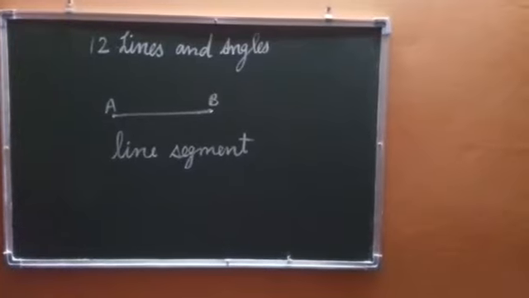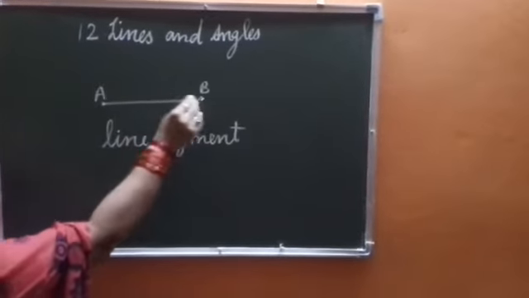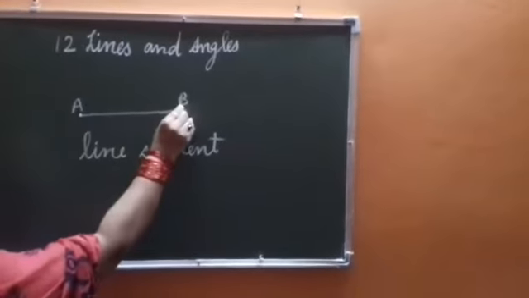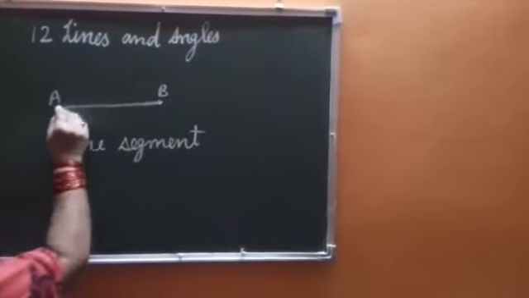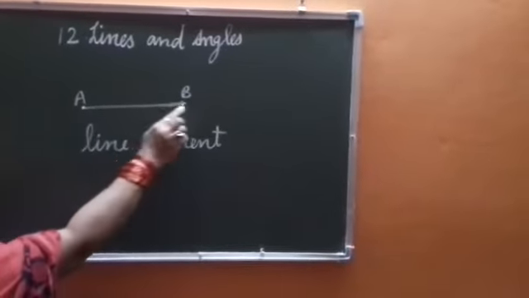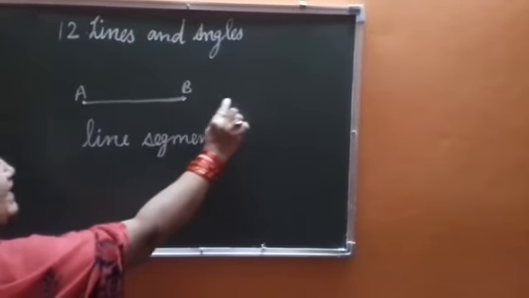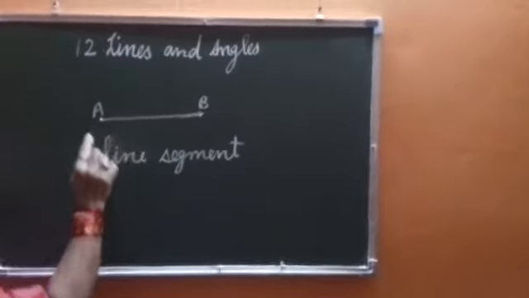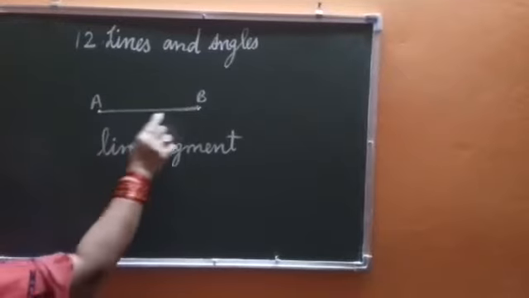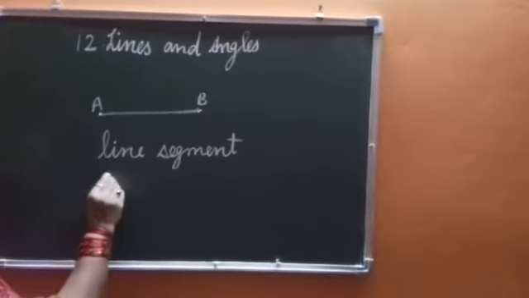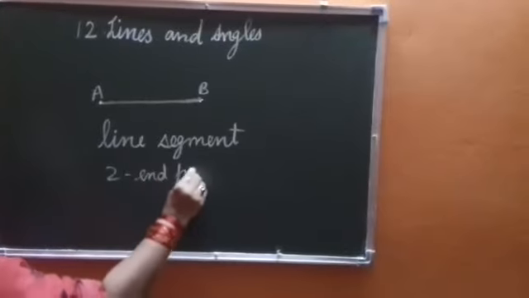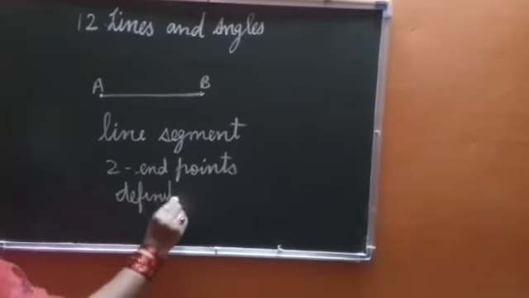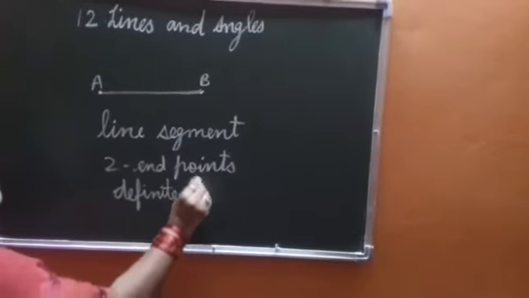The property of this line segment is that it has end points, means its length is fixed. इसके दो end points हैं, fixed end points हैं. इसको हम इसके आगे नहीं बढ़ा सकते, इधर भी नहीं बढ़ा सकते. It has fixed end points. It cannot be extended in any direction. ना तो हम उसको इस direction में आगे बढ़ा सकते हैं, ना इस direction में आगे बढ़ा सकते हैं. This type of figure is called a line segment. Line segment AB has 2 endpoints, and it has a definite length. Definite length means उसकी length fix होती है, हम उसको कम या ज़्यादा नहीं कर सकते.